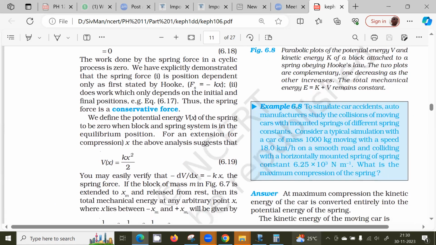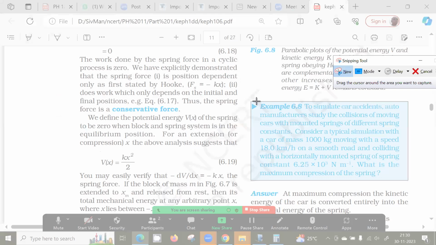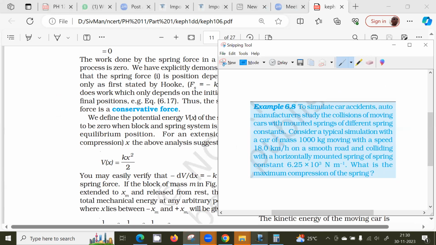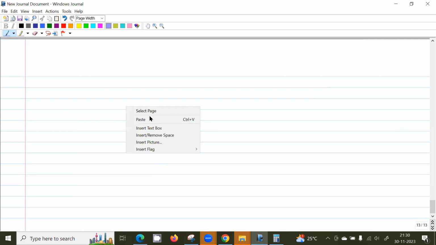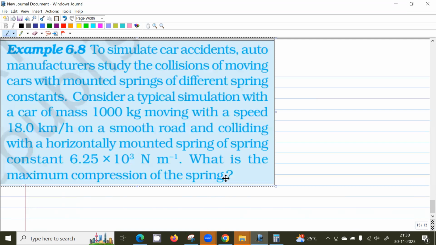Okay, you can try this example 6.8. To simulate car accidents, auto manufacturers study the collisions of moving cars with a spring of typical spring constant. Consider a car of mass 10,000 kilos with a speed of